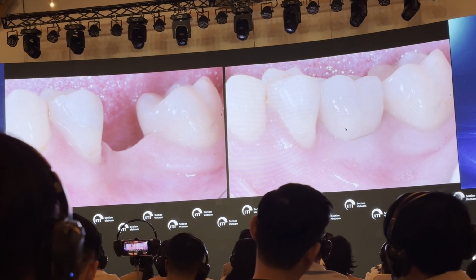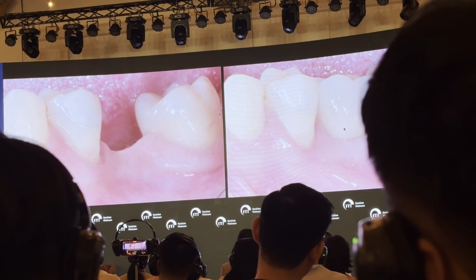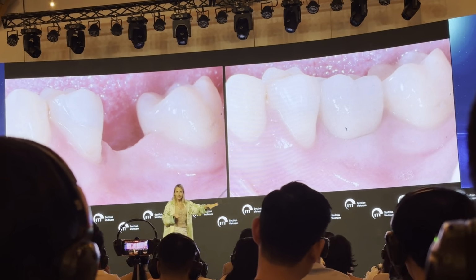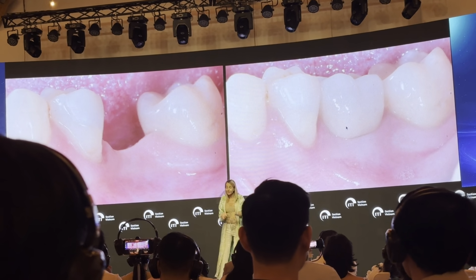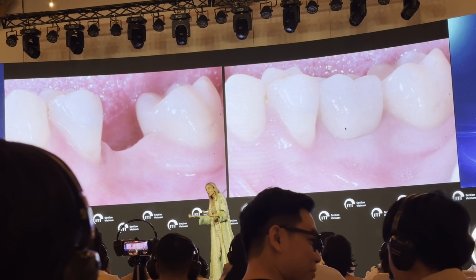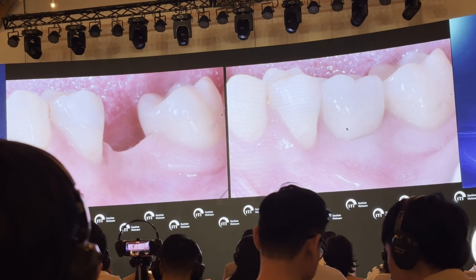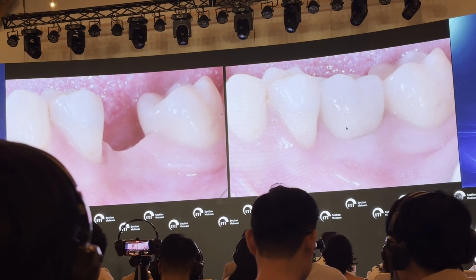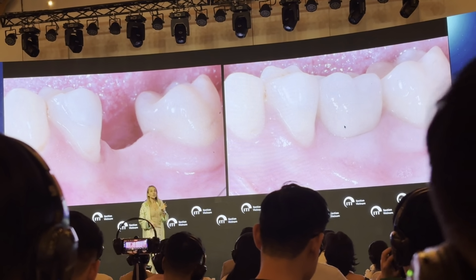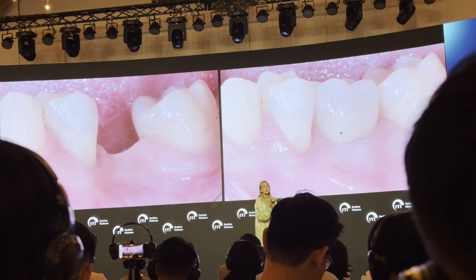providing this emergence profile. In the previous case, a possible alternative in a patient with a highly aesthetic demand could be pre-gingival graft before implant placement, and then during implant placement, you can increase the soft tissue thickness. And this is something that can be done, and I would suggest, in case you perform that, instead of applying the connective tissue, like in this case, you can maybe apply the collagen matrix that is going to create the volume increase, reducing the morbidity, because